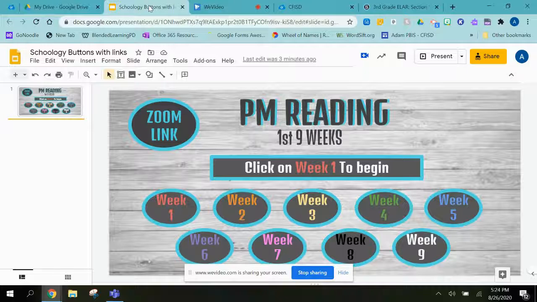Today I'm going to show you how to add buttons with links on Schoology. This can be used either as an update or added as pages. So the first thing you will need to do is make sure you've set up the template that you want